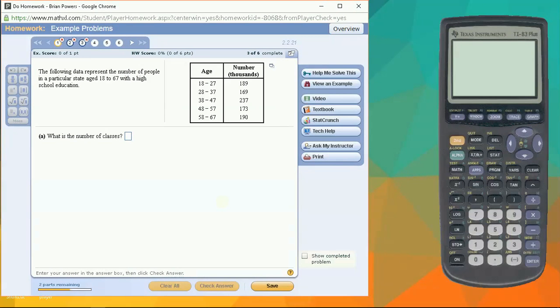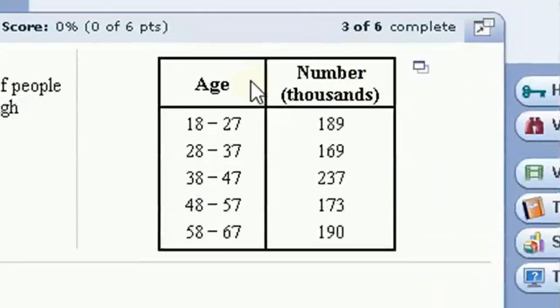I want to look at some of the tools in StatCrunch that are useful for giving you descriptive statistics from sample data, as well as some of the data visualization tools. First off, we're going to look at a frequency table here. This table has 5 different classes, also known as bins. We have a frequency count. This is actually in thousands, but this is counting how many people in our sample had an age that was in each of that range. So